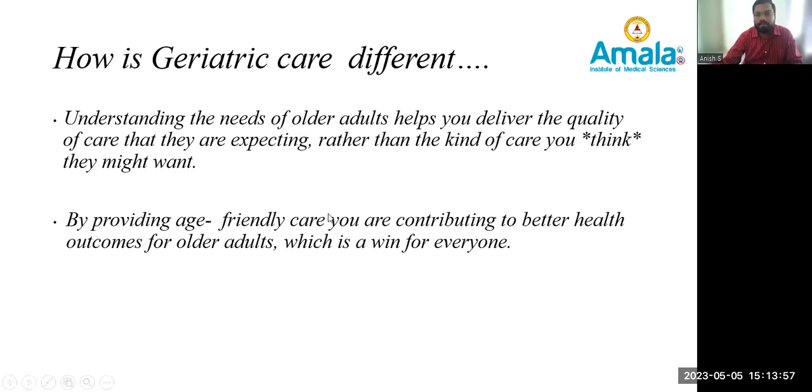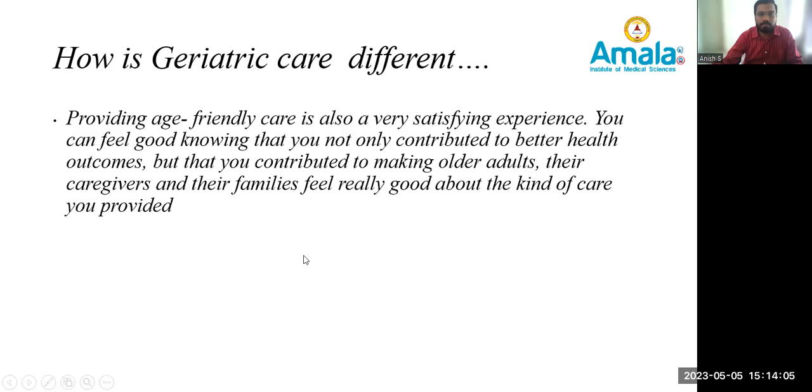And providing age-friendly care is professionally satisfying. You are contributing to better health outcomes for older adults, which is a win for everyone. It's also a satisfying experience. As I said, you can feel good knowing that you not only contributed to better health outcomes, but you contributed to making older adults, their caregivers and their families feel really good about the kind of care you provided,